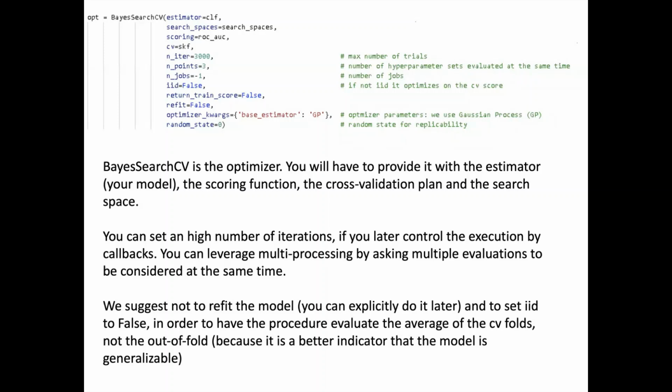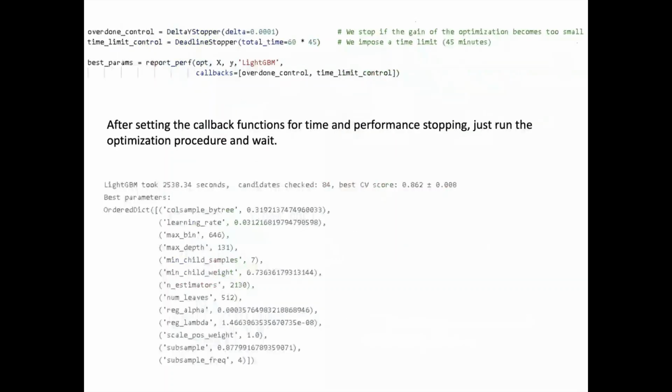And finally, we provide the optimizer information. It's GP, the Gaussian process, the algorithm we detailed before, providing to you estimates, so your surrogate function, but also your acquisition function, because it is just the uncertainty that the algorithm produces in its predictions. And at this point, you are practically ready to go. You just set two